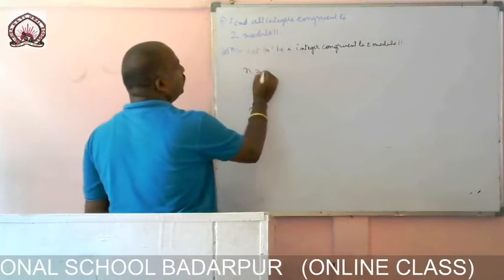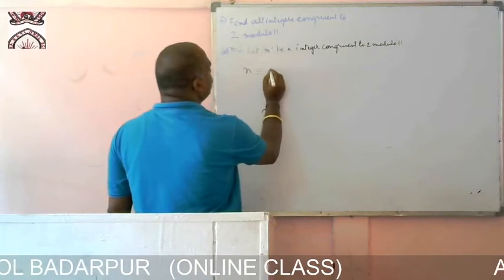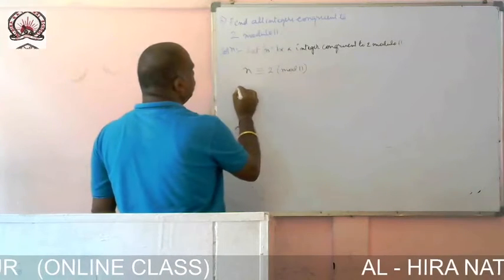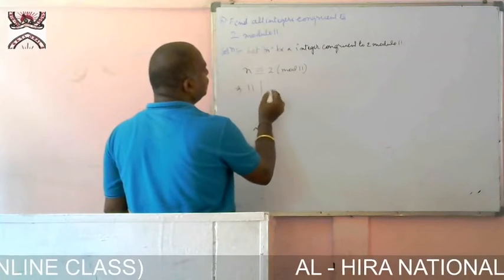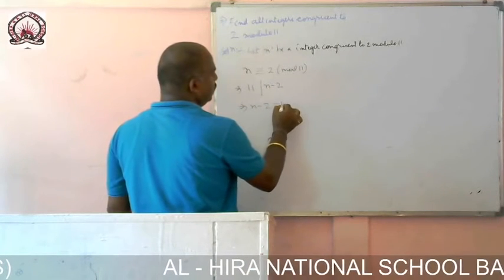Then we can write n congruent to 2 modulo 11. 11 divides n minus 2, which implies n minus 2 equals 11 into